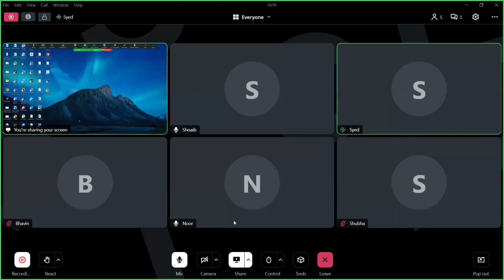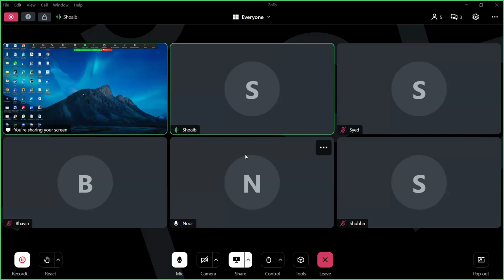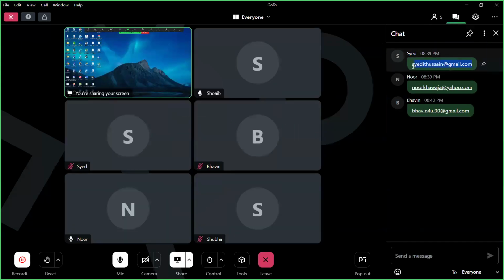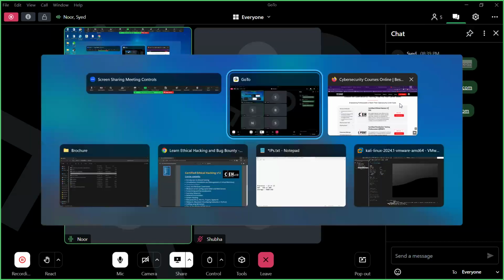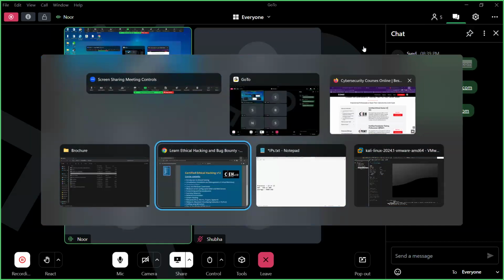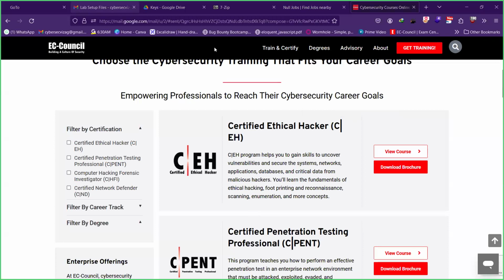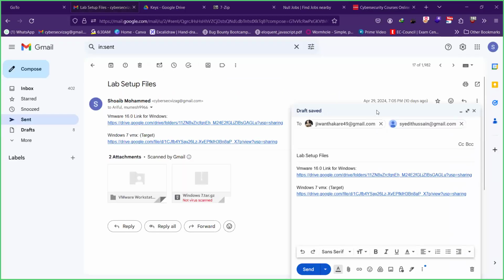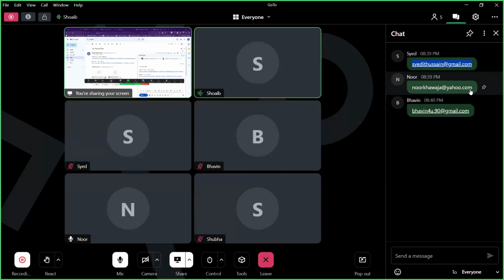Okay, so yeah, that's that, guys. Any other questions? Shubha, Noor, Bhavin, Sayed. Sure. No problem, guys. For today's session, any other doubts, guys? Anyone?